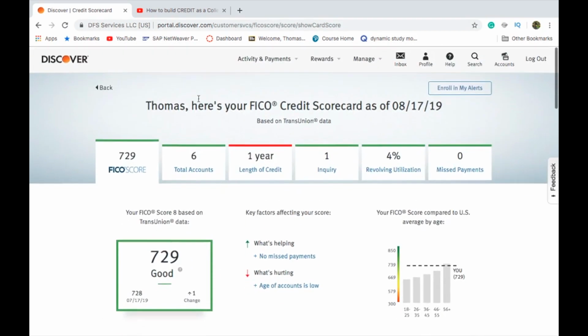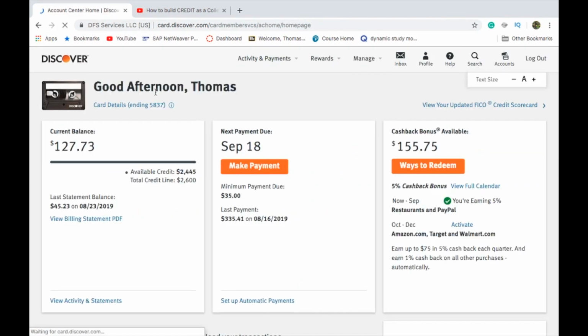Now, let me show you the benefits of using the Discovery card, because that was part of my last video. As you can see, my credit line on this card is 2,600, which I was able to get by making my payments on time and asking for an increase. And as you can see, if you look at my cashback bonus, I have